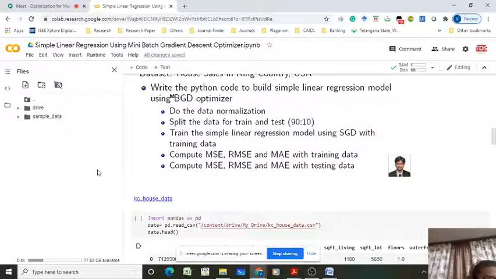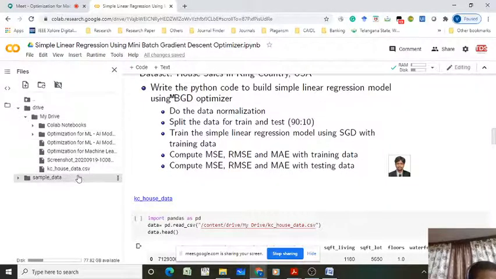Right? So now drive comes here. Click here and click My Drive. See, you have the data file here because in my drive I have the CSV file. As I mounted my Colab onto the drive, all the information available in the drive is visible here. Now you can call this dataset by using its path.